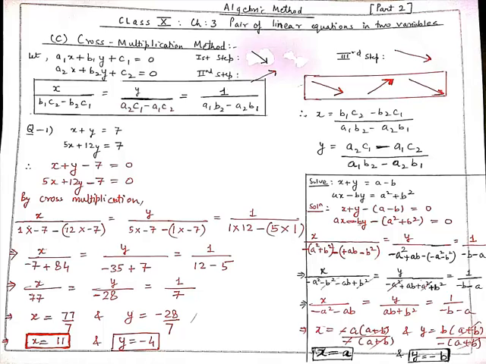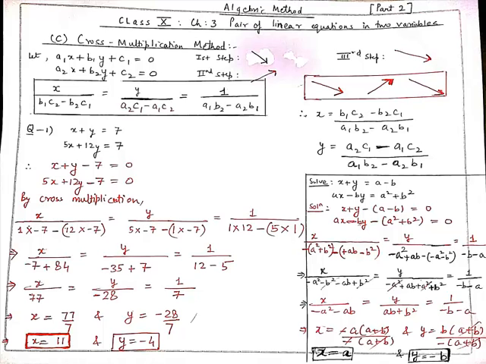Now watch and listen very carefully, students. We will be doing three steps to find the values of x and y. See our linear equations in two variables and the arrows which I have made to understand the multiplication easily. In the first step we will multiply from upward to downward while hiding the x variable completely. So x upon b1c2 minus b2c1, and this is equal to y, where we multiply downward to upward, always hiding variable y from both the linear equations.